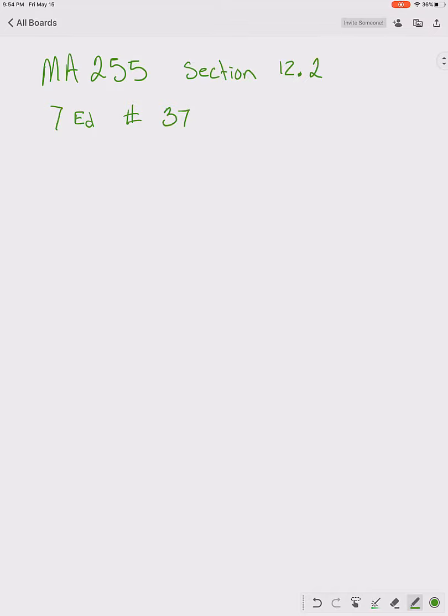Okay, this is MA 255, and let's look at a problem from section 12.2 in the 7th edition, number 37. We have a clothesline that is tied between two poles, and we're told that the poles are 8 meters apart from each other. And when nothing is on it, the clothesline is taut. Then right in the middle, so 4 meters on each side, a wet t-shirt